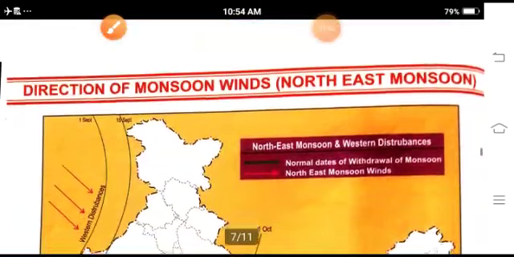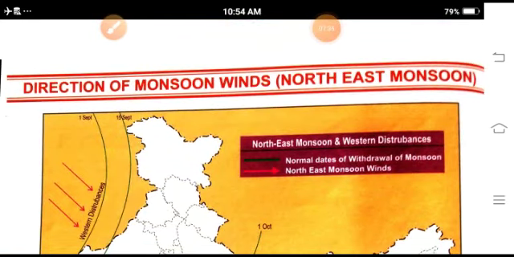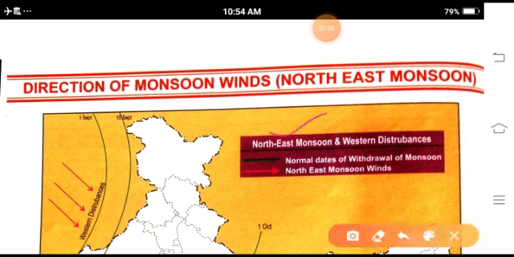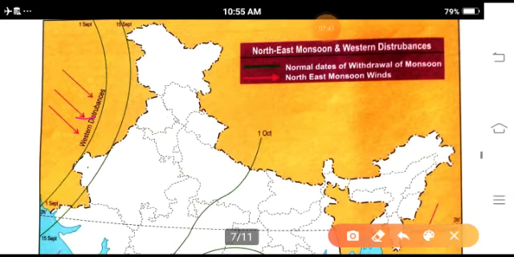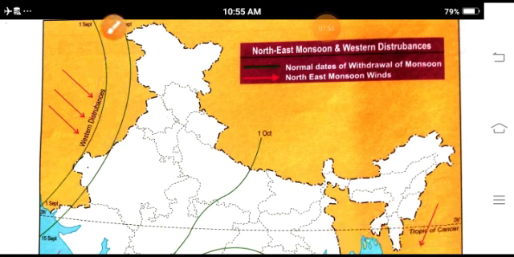Northeast monsoon winds are especially known as the winter rainfall. These are northeast monsoon or western disturbance. Western disturbance is caused in the Punjab region, in the winter season in November, December and January.